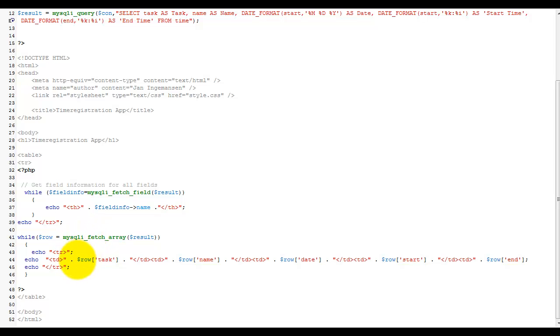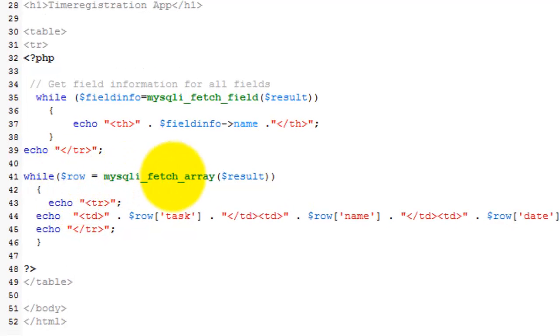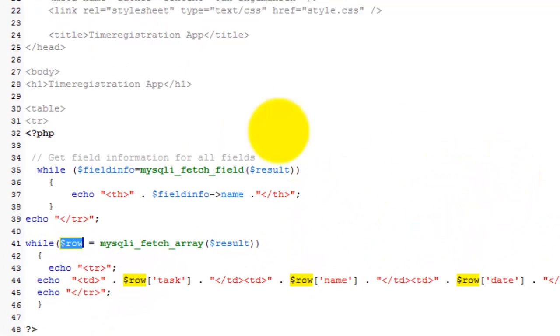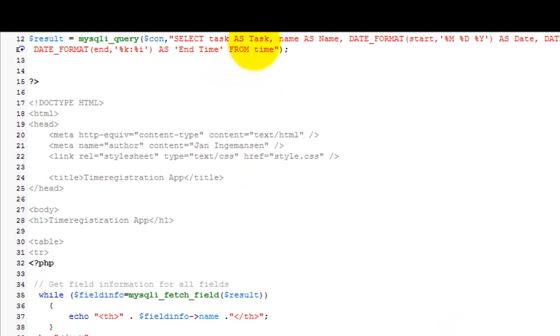So I want to use a loop to go through each item in each row. So here we get each row and put it into row, and each row is actually an array that contains the task, the name, etc., etc. in this order up here. So task, name,